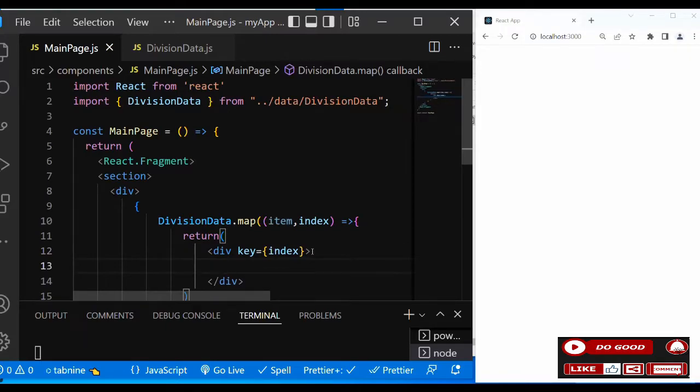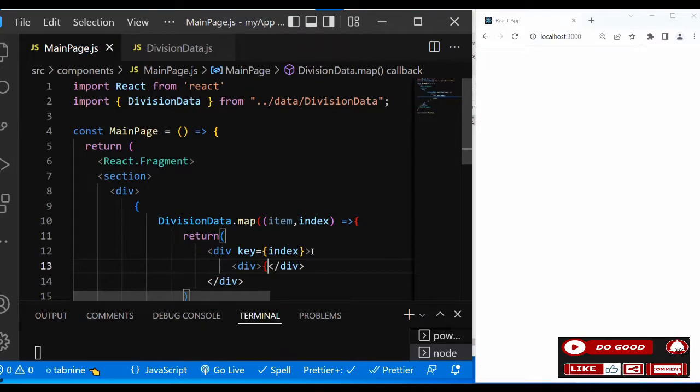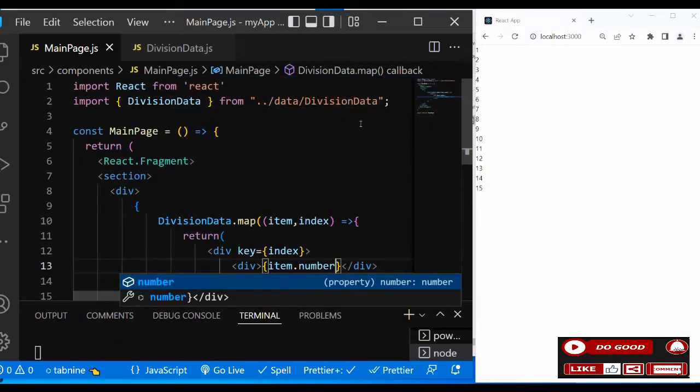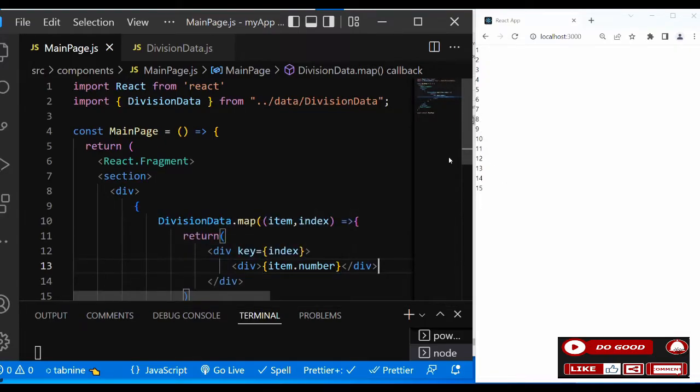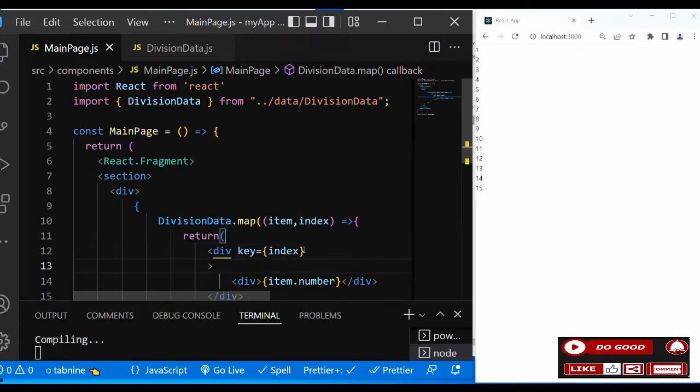So what do we do next? Let's try it out. Let's call a div and say item dot number. You can see guys, we got all the numbers. So what we go to do next is to now position these numbers. Now let's give it some class name here. Let's do it after the key. So we say class name